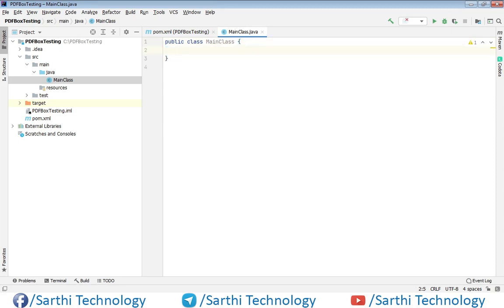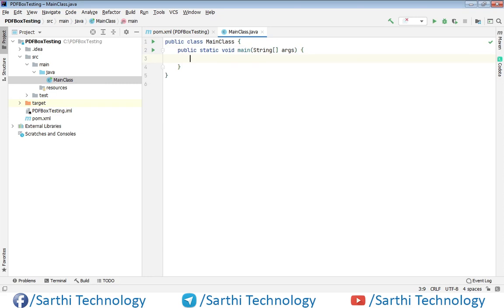Just write psvm and then press the tab button. It will create public static void main, and in this main method we will write our code.